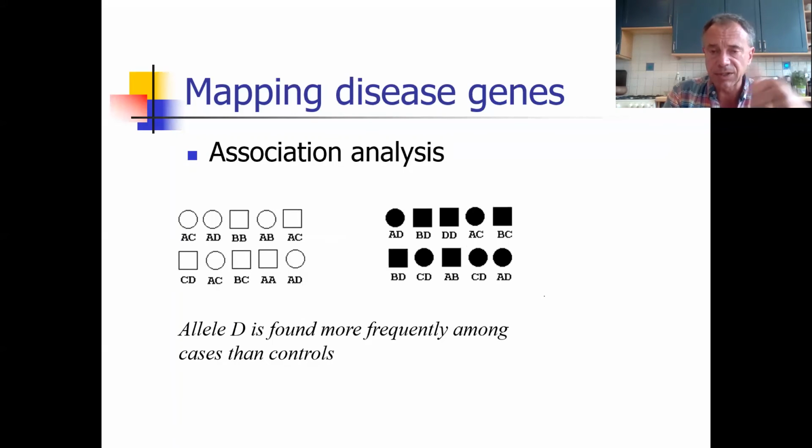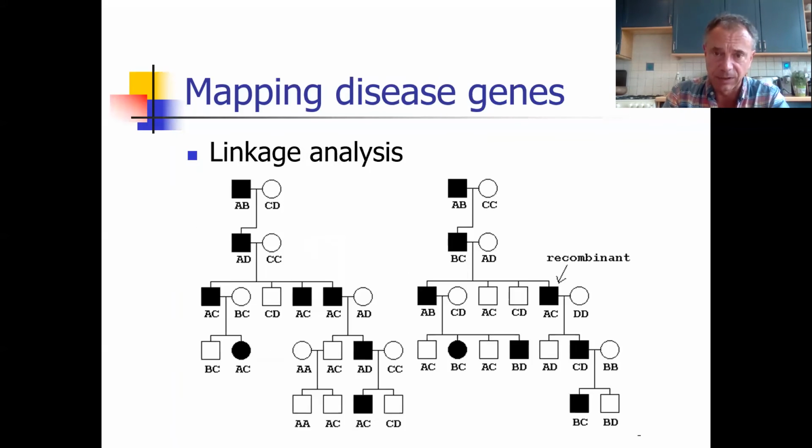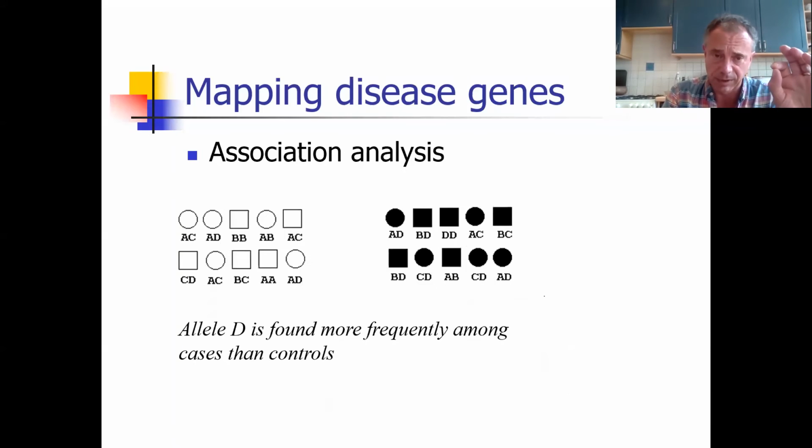So one thing is that association involves a high risk allele, so you say association with the D allele. In linkage, there's no high risk allele, you're just saying there's linkage to the locus. So here it's the A allele, then the B allele, and then the C allele. So there's no high risk allele with linkage, it's just with the locus. So the next thing